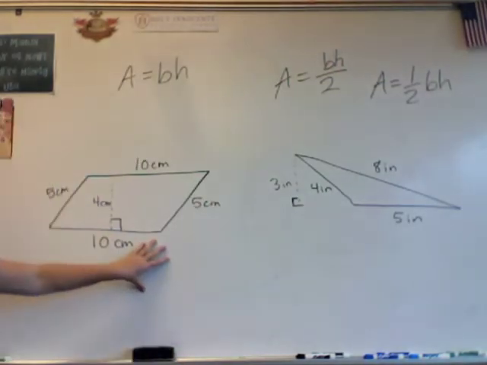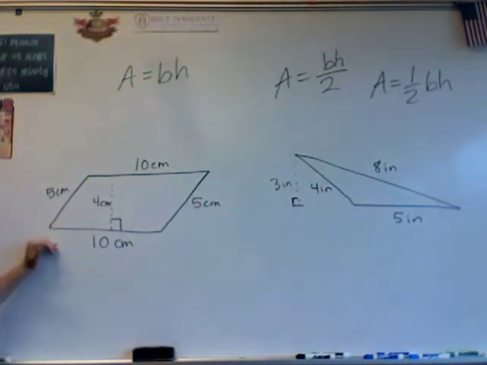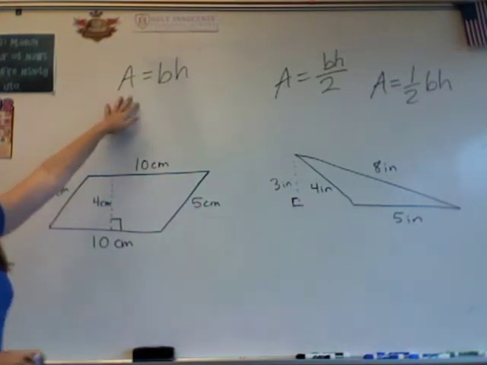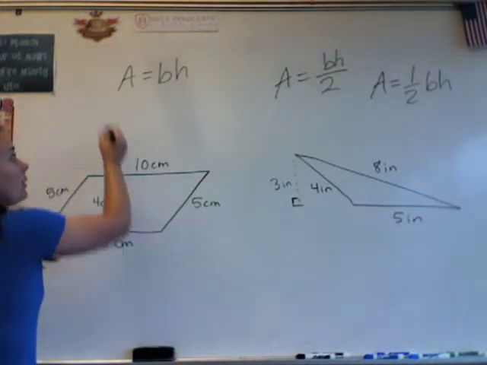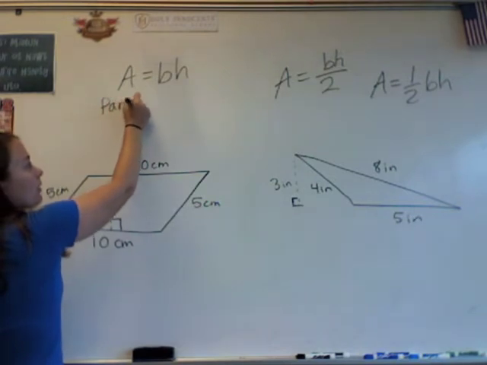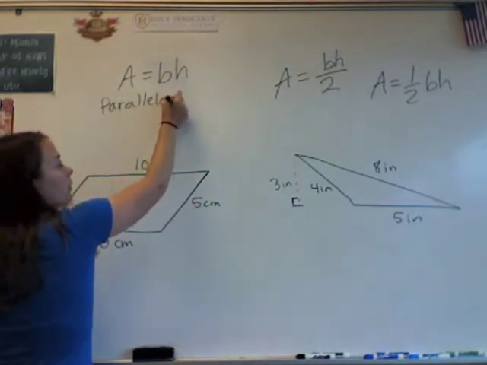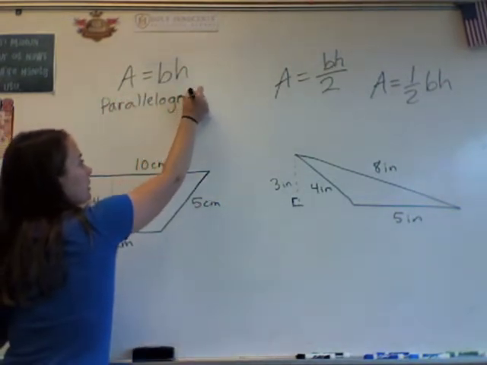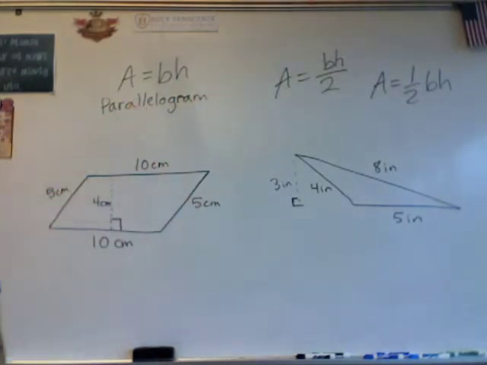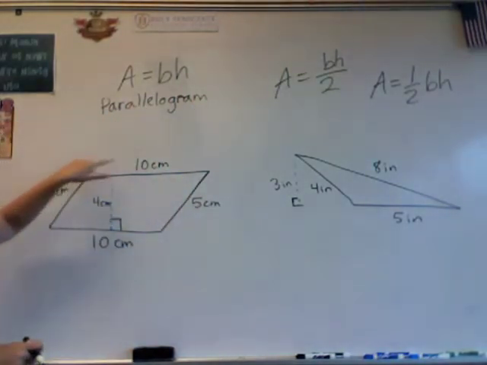So our first one over here isn't a rectangle anymore. This is actually a parallelogram. You can see the opposite sides are parallel to each other, but it's still the same formula. This formula works for any type of parallelogram. And in a second, I'm going to go over a chart for you to know all the different types of parallelograms. So that's the area formula for any type of parallelogram. For the perimeter, we add the 10 plus the 5 plus the 10 plus the 5,